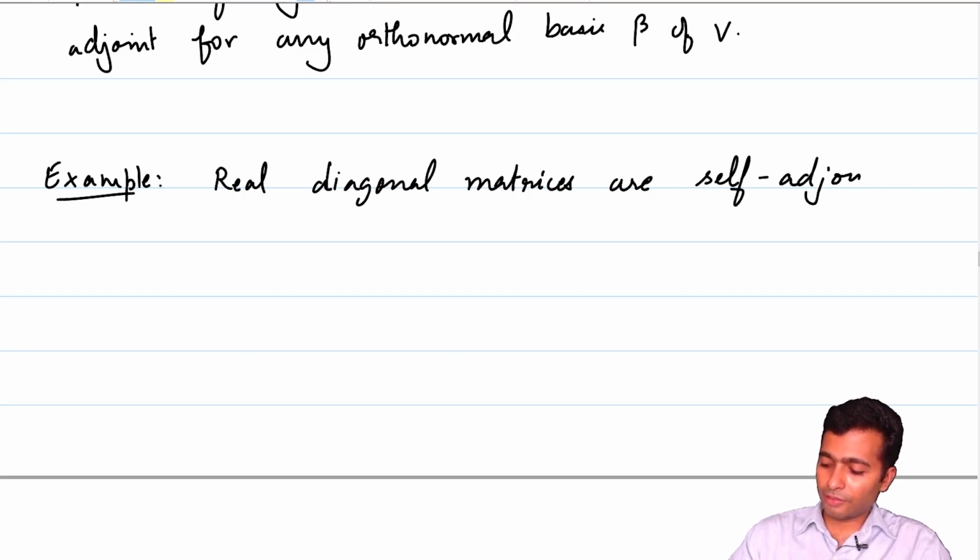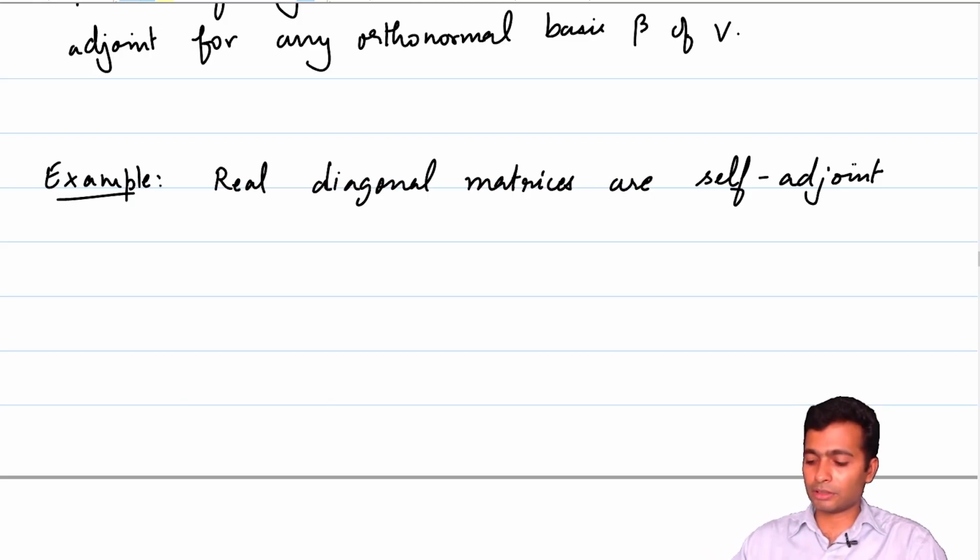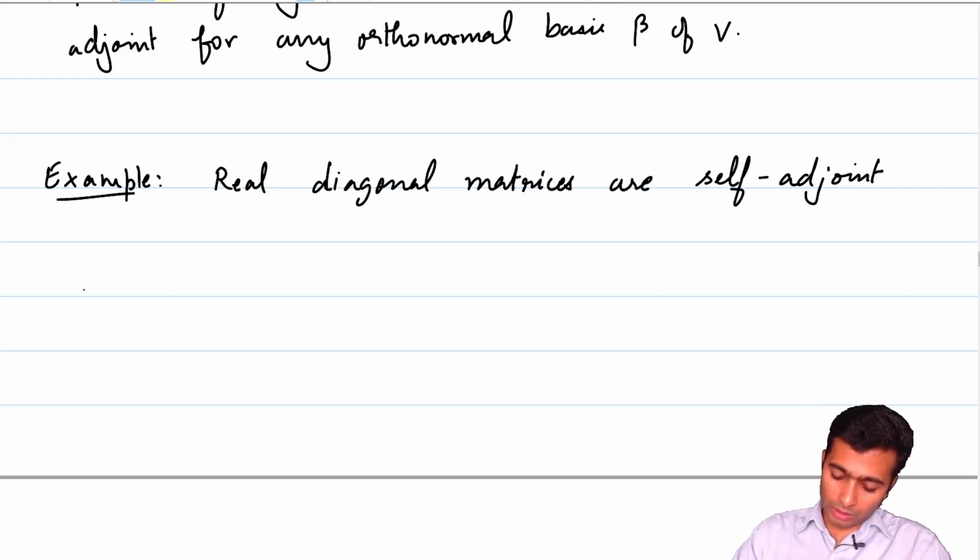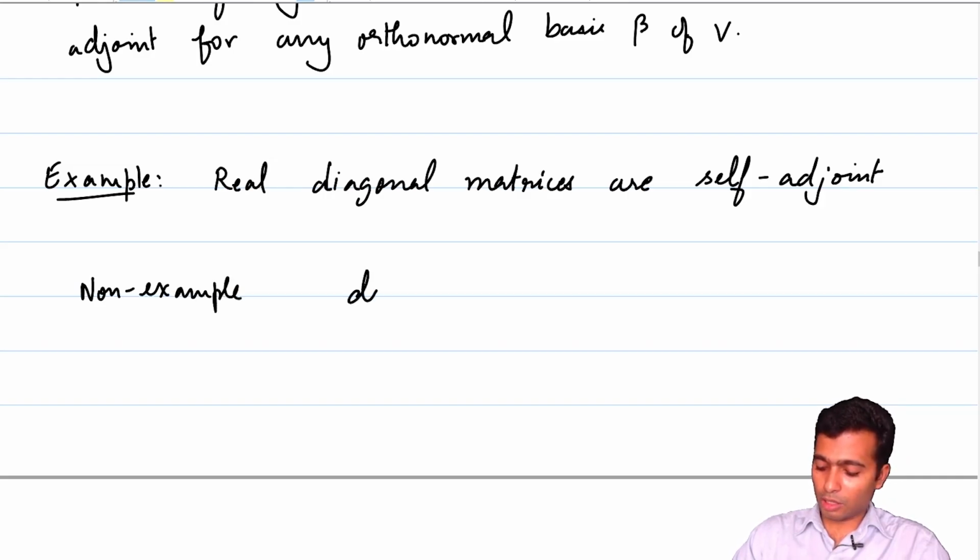The reason is that if the matrix has real entries, then taking the conjugate preserves the entries. There will be no change. And if you look at the transpose, again it will not change because it's a diagonal matrix. So real diagonal matrices are always self-adjoint. Diagonal matrices with complex entries, where some entries are non-real, are not going to be self-adjoint. For example, a non-example: look at, say, diagonal of 1 comma i,